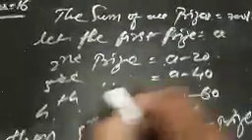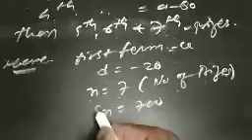Now the third prize is a minus 40, the fourth prize a minus 60, and likewise the fifth, sixth and seventh prizes. So we find these 7 prizes. So here the first term is equal to a, then d is equal to minus 20, n is equal to 7, the number of prizes is 7. And Sn value is given here.